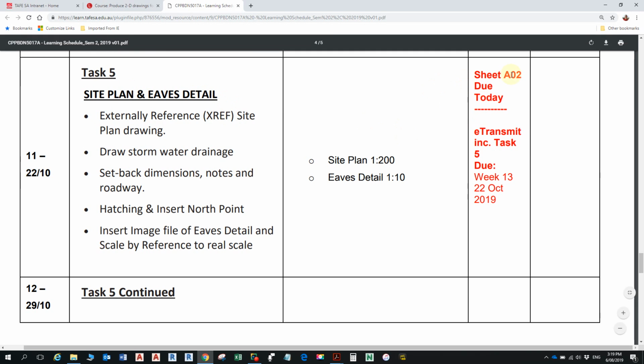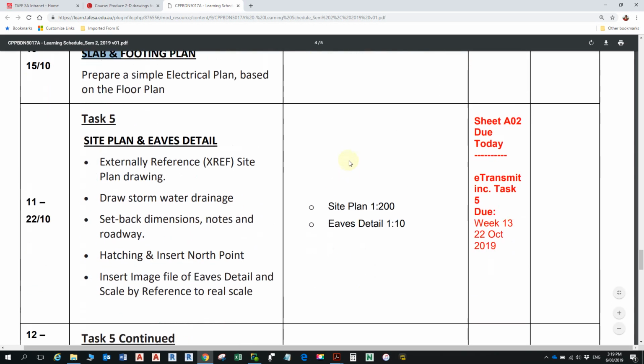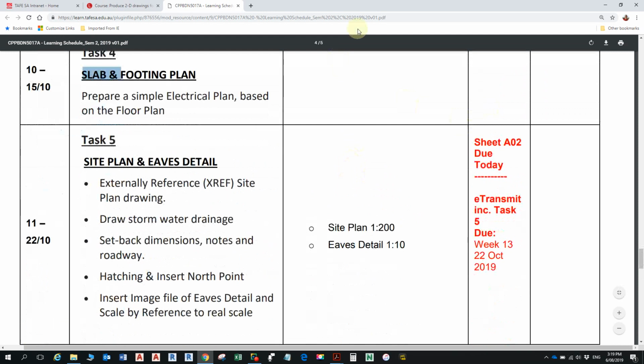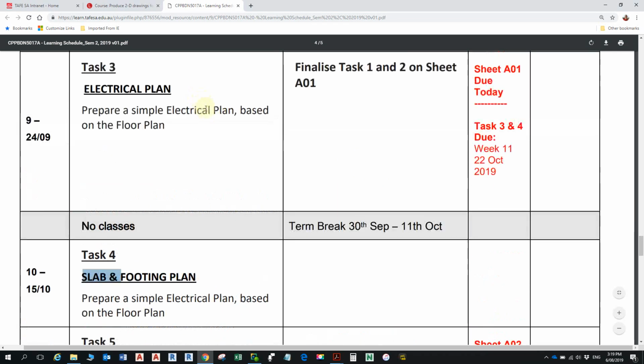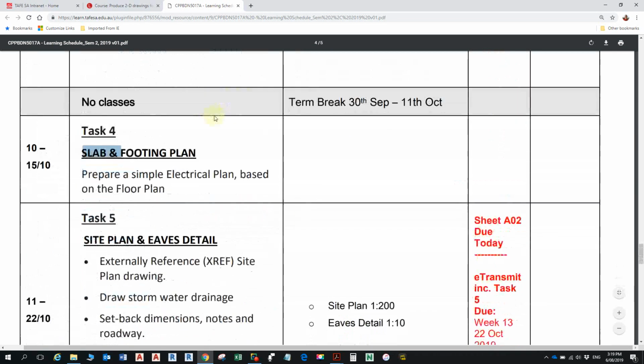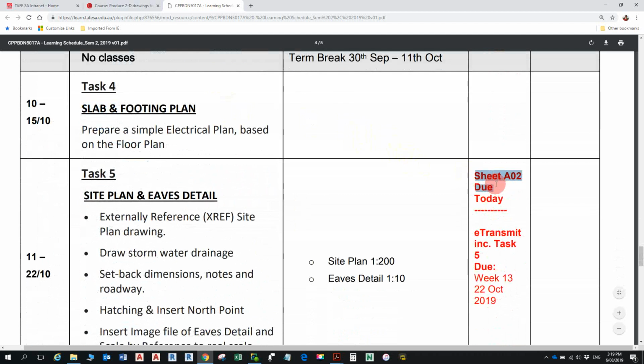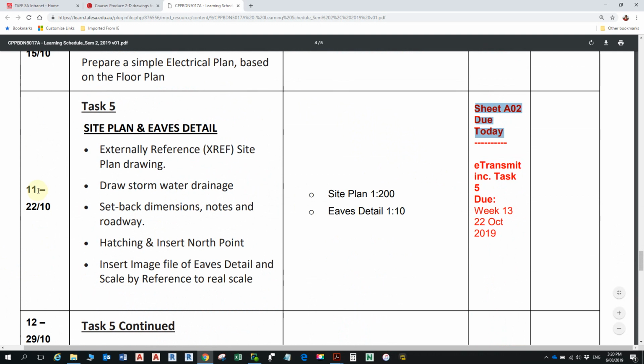So when we come back on the second week, these slab footing plan, and what's the others? Task, electrical plan and footing plan are due on the second week at the end of the lesson. So that's week 11, second week back from the break. So that's week 11. And then we begin our sheet 3, which will have task 5 on it,